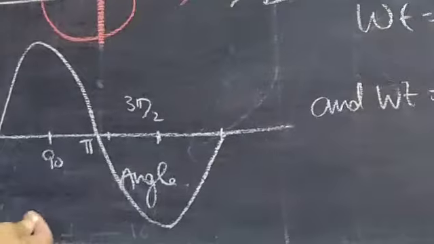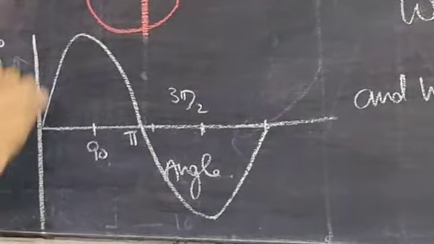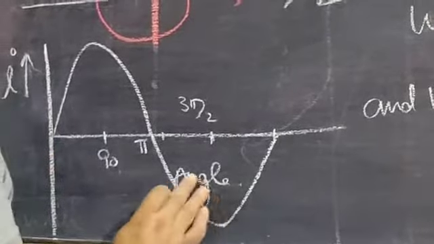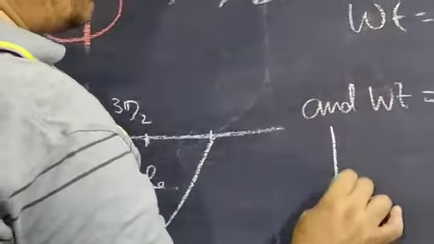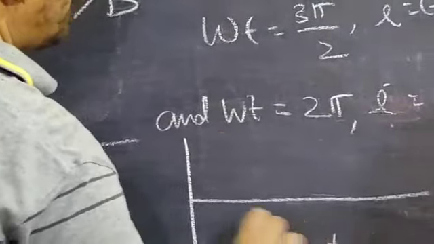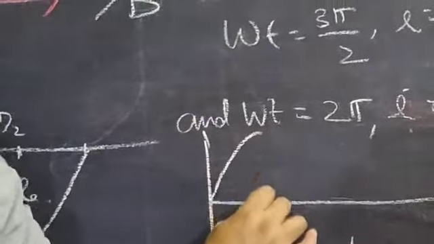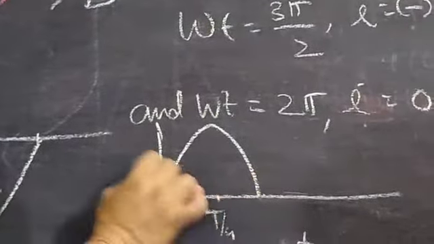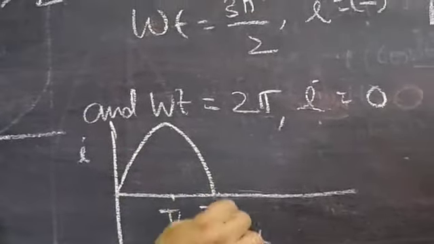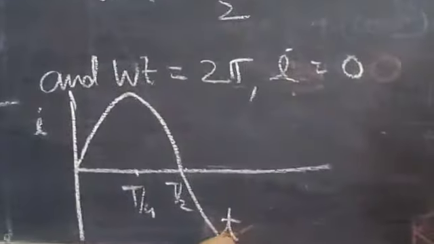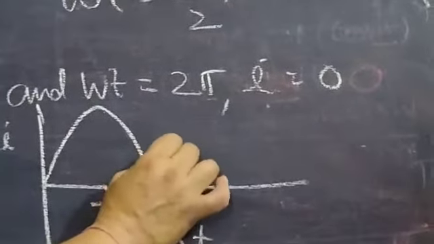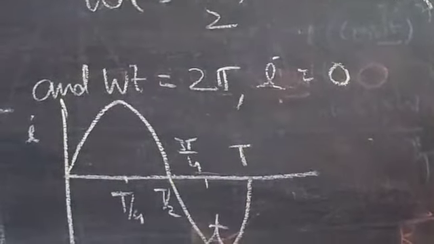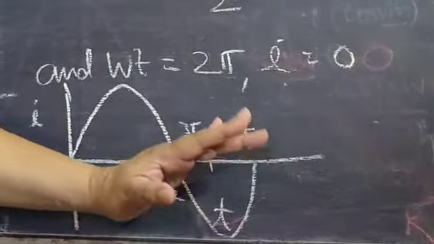So we can also convert this curve between current and angle into a curve between current and time. When we convert it with respect to time, current becomes maximum at T by 4, when 1/4 of the cycle gets completed. Current becomes 0 at T by 2. Current changes its direction and again becomes maximum at 3T by 4, and current becomes again 0 at T. So it is called one time period, and